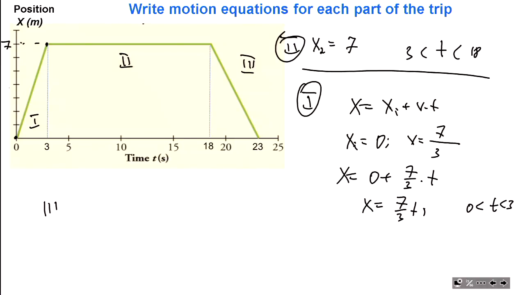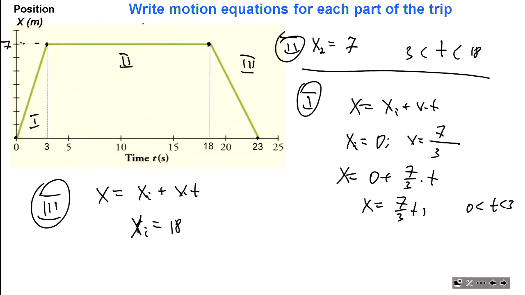So now the last part, right? That's the initial, that's the final locations for the last part. So the equation, still the standard equation, the linear equation for the motion with constant velocity. So now we need to use the graph to extract the information we can. Initial x for this motion is 18, and